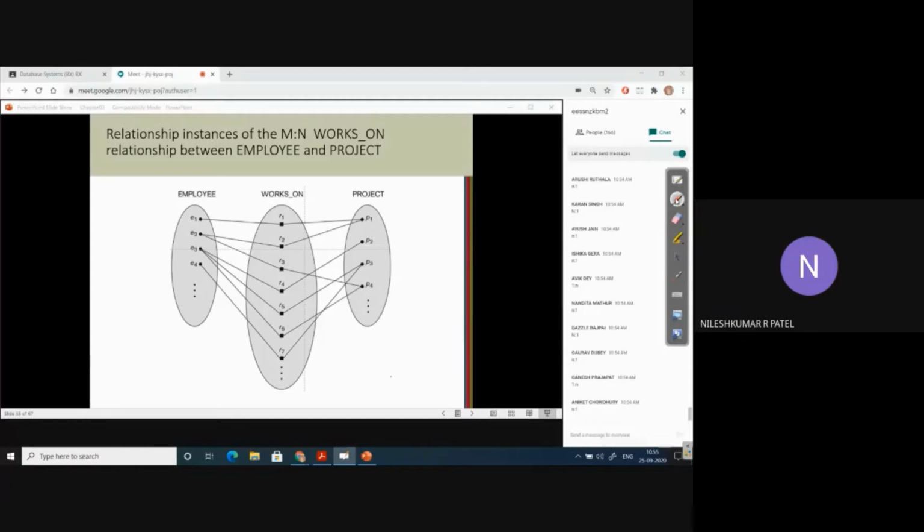If I talk about myself, this semester I am teaching two subjects. One is database management system, and the other is for MTech, where I teach machine learning also. So as a teacher, right now I am teaching two subjects to students. That means from the teacher side, it is many. What about from the course side?